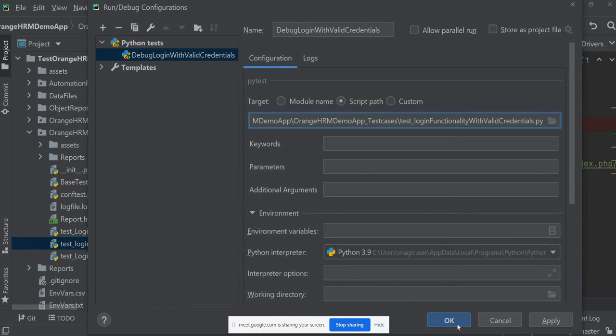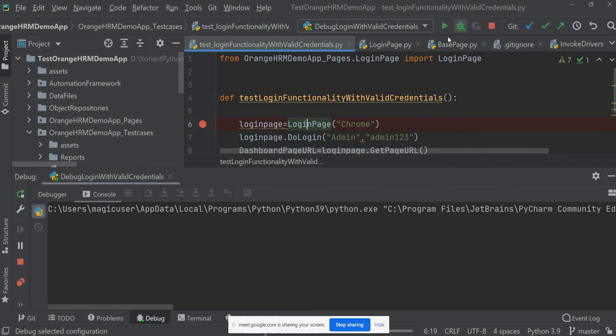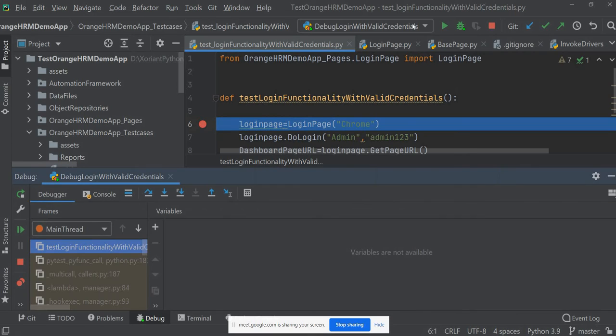Okay. Once you create a configuration, you can see it here, and then you can click to start debugging. Now it is starting a debugging. Here you have a debug button which will start the debugging.